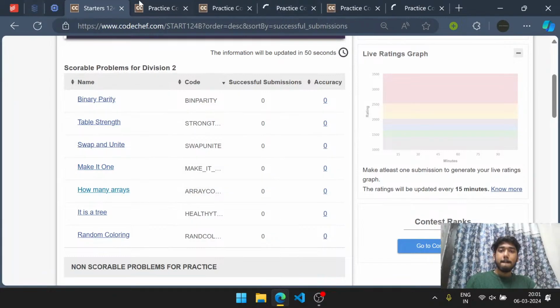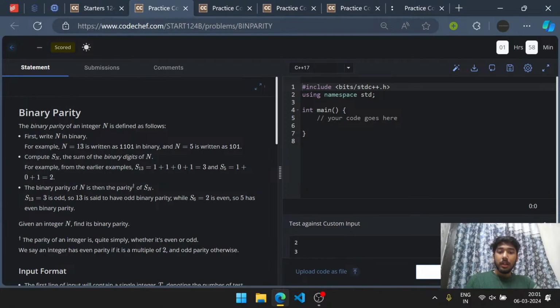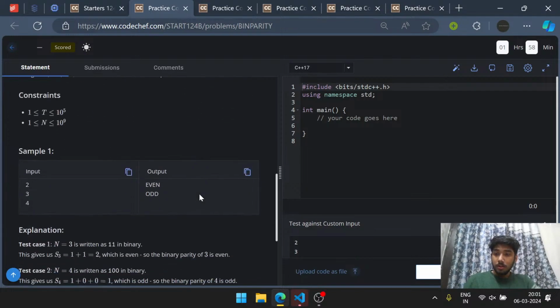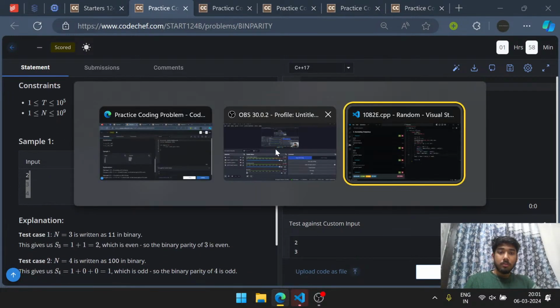Ok, चलो ठीक है। बाइनरी पैरिटी: फर्स्ट, राइट n इन बाइनरी, ओके। कंप्यूट s of n, ओके। बाइनरी पैरिटी ऑफ n इज अ पैरिटी ऑफ, ओके। इंटरेस्टिंग क्वेश्चन।